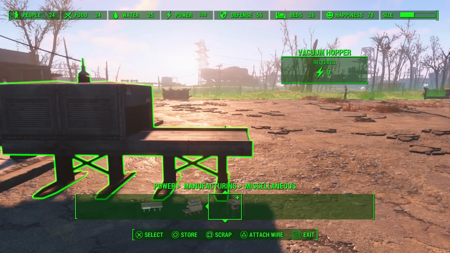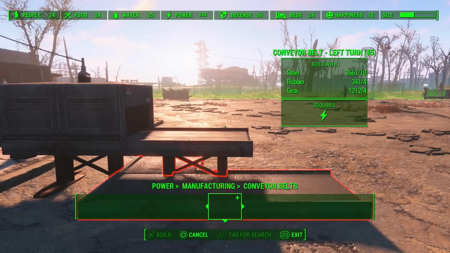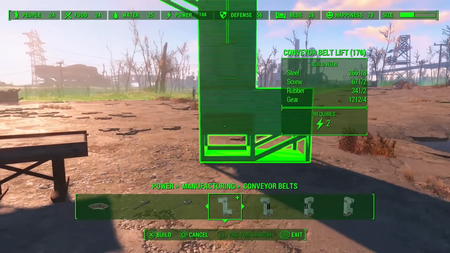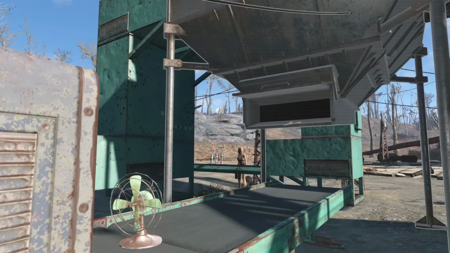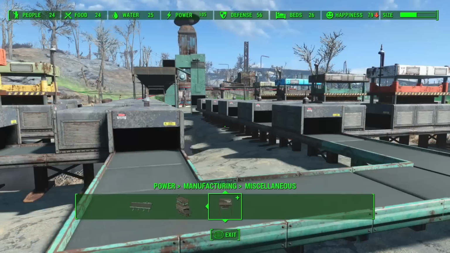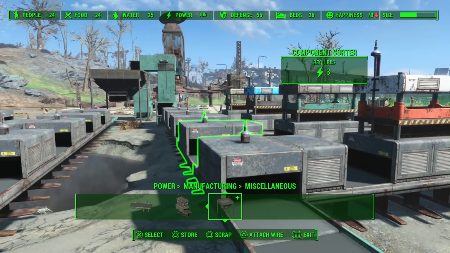Manufacturing is the new category in the power section. You can build machinery that will, in turn, build items. Use the conveyor belts, diverters, lifts, and tripwires to help automate the process. The hopper, once powered, will begin to drop inventory out, and you can change the rate and velocity from a connected terminal. The sorter and component sorter take in items via the conveyor belt, and then of course, sort them